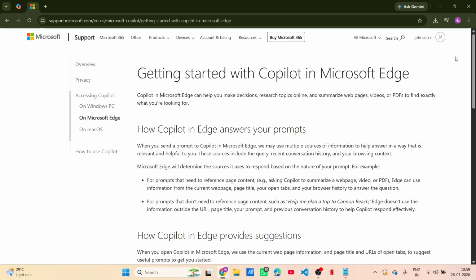Alright, let's dive right in. So you might have heard of Microsoft Edge's Copilot feature, and if you're wondering how to make the most of it, you're in the right place. Microsoft Edge has evolved significantly, and with the introduction of Copilot, browsing the web and performing tasks has become even